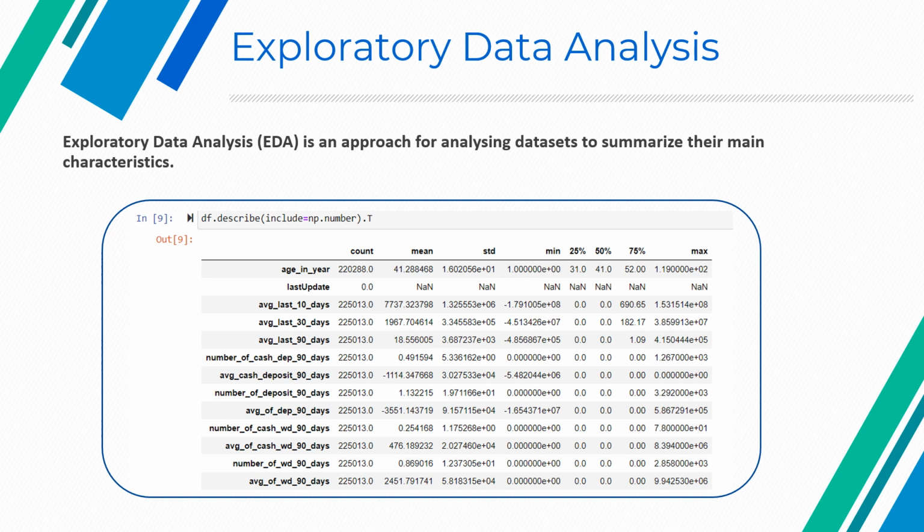For this dataset, which is coming from banking transactions, we look at the descriptive statistics, including the mean, the standard deviation, minimum and maximum values, the number of observations, and the number of features. We found that this dataset contains 56 columns or features and 225,013 rows or observations. We also use histograms, box plots, and multivariate plots to examine the underlying frequency distribution or